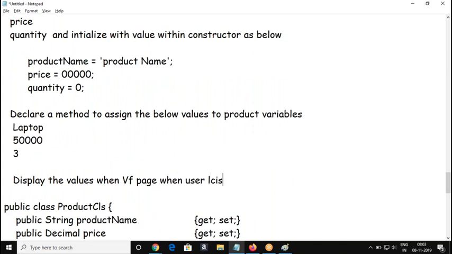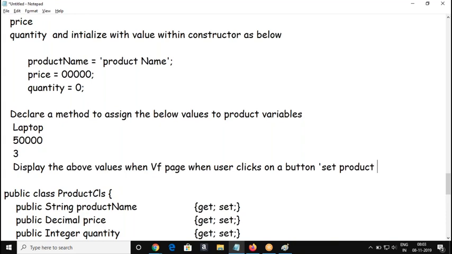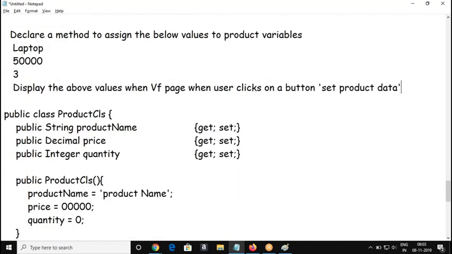When the user clicks, something like this. So do this.